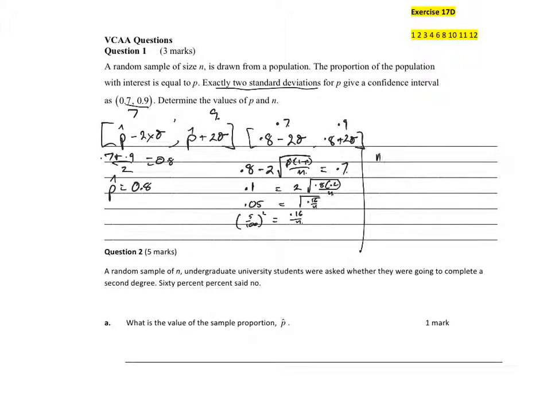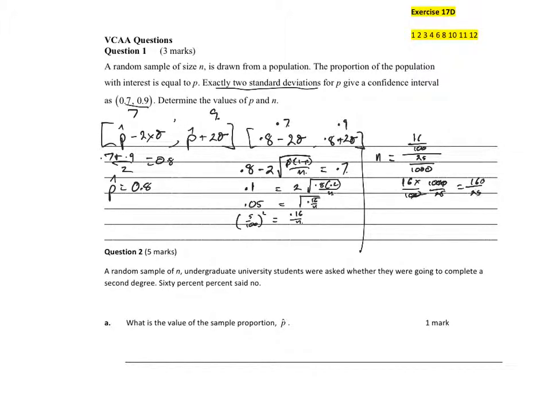So n is equal to 16 over 100, all divided by 25 over 1,000. So flip it upside down and multiply: 16 over 100 times 1,000 over 25. Get rid of a few zeros. 160